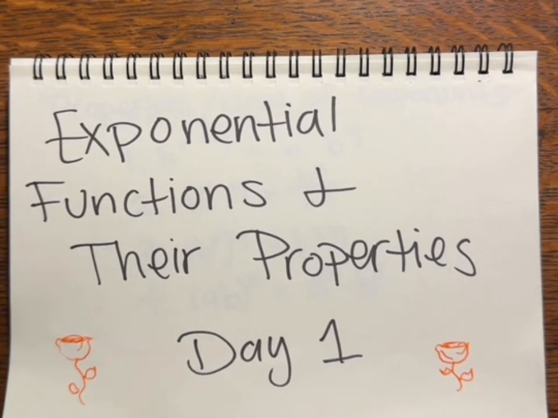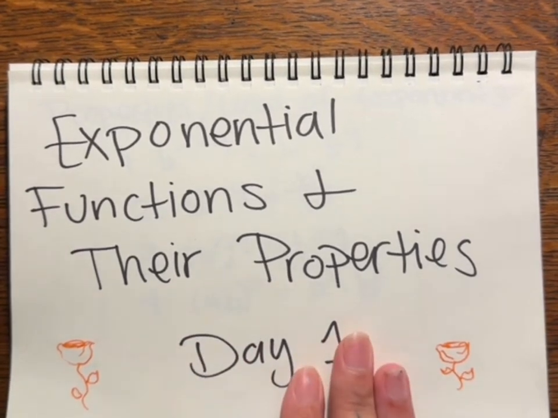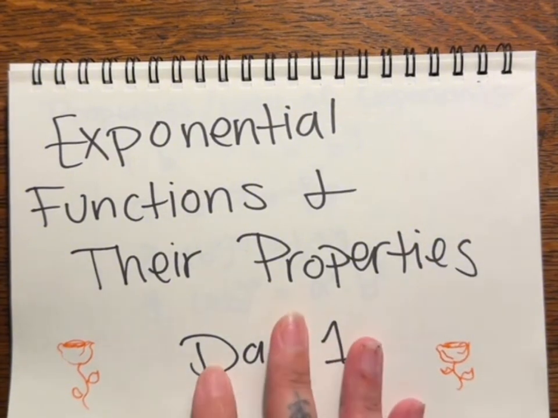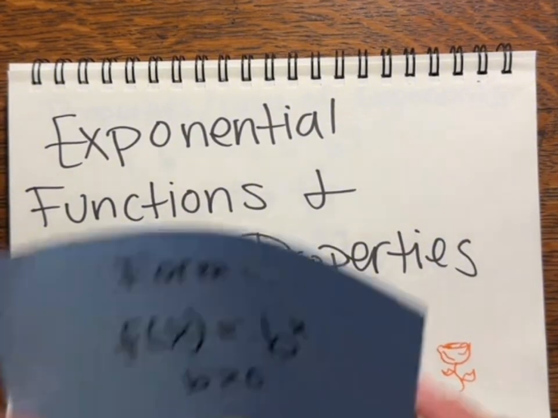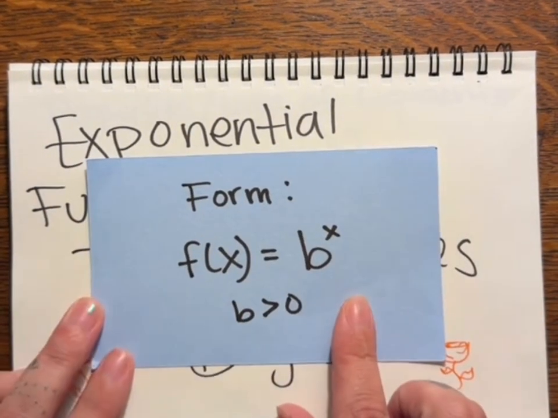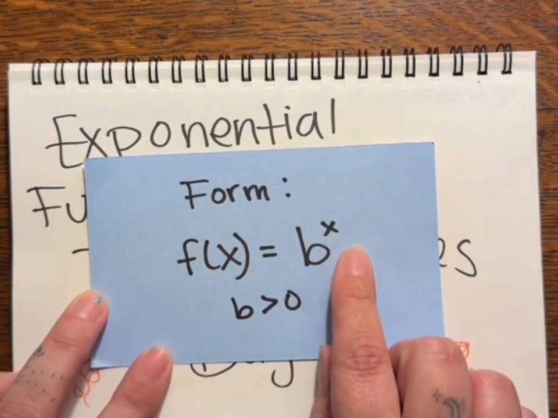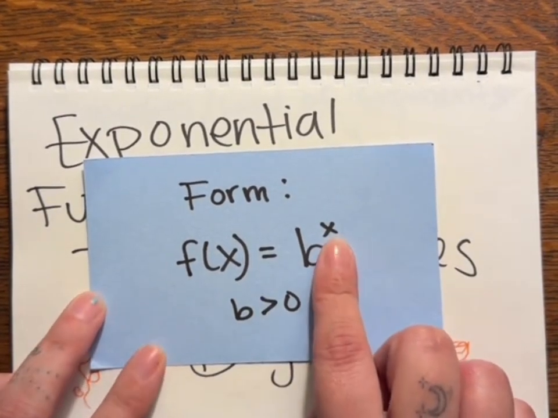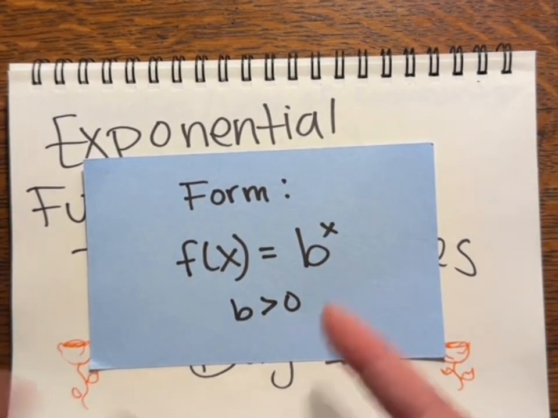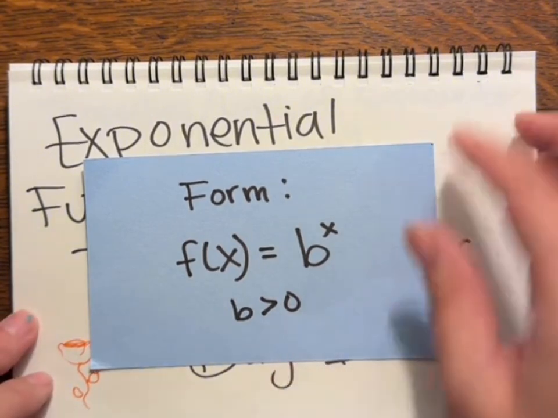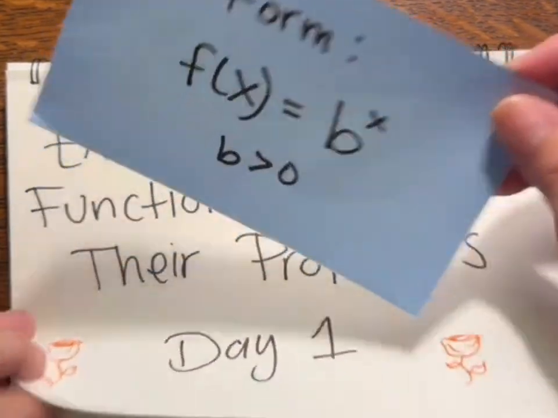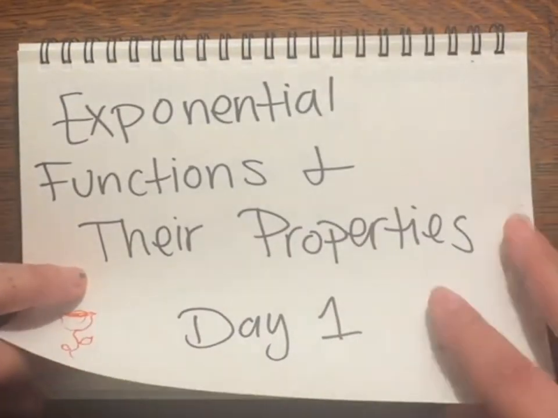So we're beginning with section 6.2, which is exponential functions and their properties. And we're working with functions that have this form, f of x equals b raised to the power of x. And x could be just x or a function of x. And so let's jump into the different